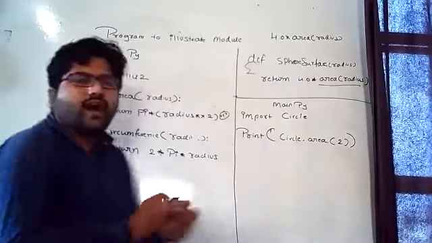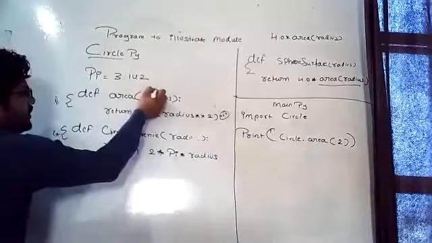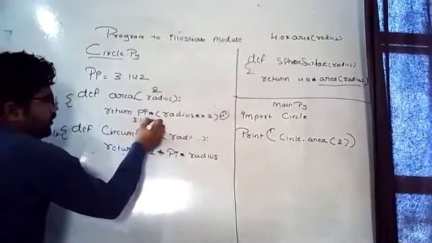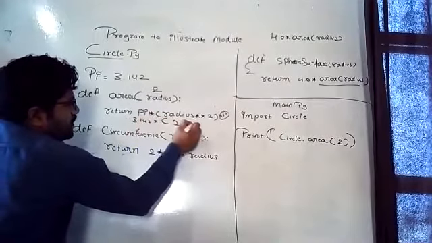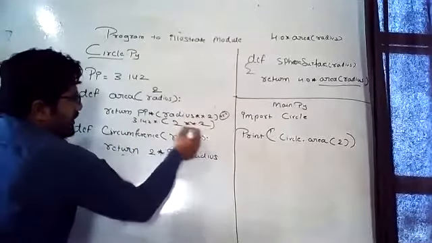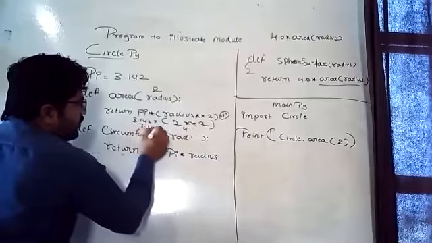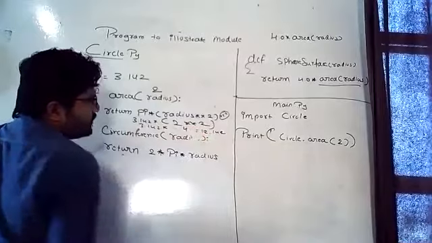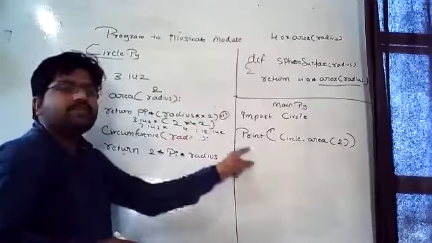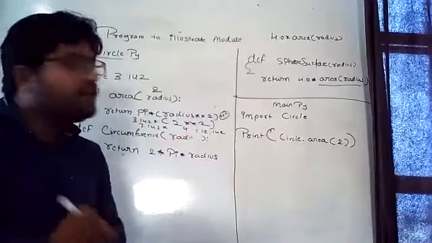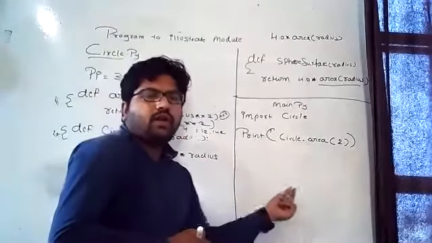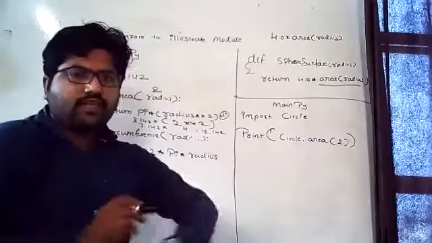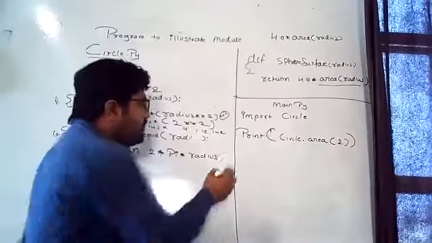The 2 is going to be passed here. What will be the value? 3.142 into 2 raised to 2. That is 4 into 3.142, 12.142, I think so, some other values. Or 12 point something will be the output. What is it going to print? Output will be 12 point something value. Here it is. Same thing, pass with